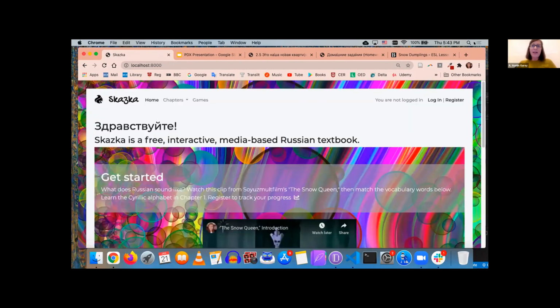Looking forward, I'd like to make a games tab that's probably linked to either JSON data or possibly an API where the students can choose what game they want to play of a wider variety of games that are presented here, and they can choose their vocabulary list. So they can choose chapter 1 or chapter 2 or food or houses or whatever,